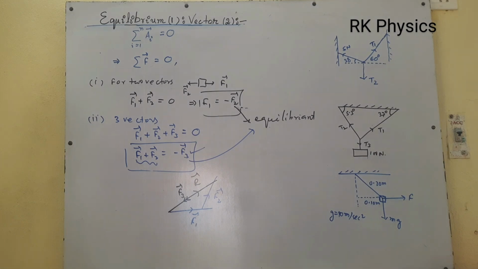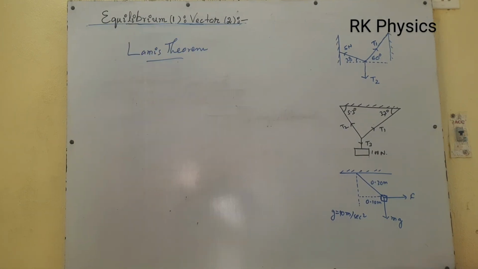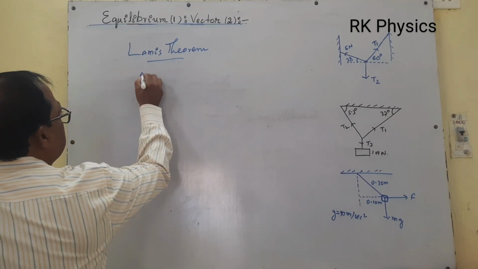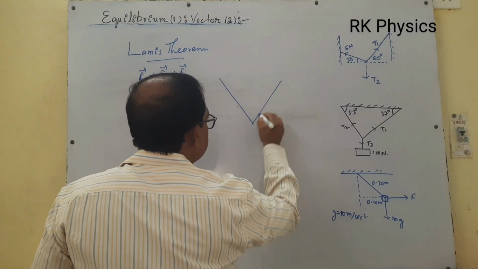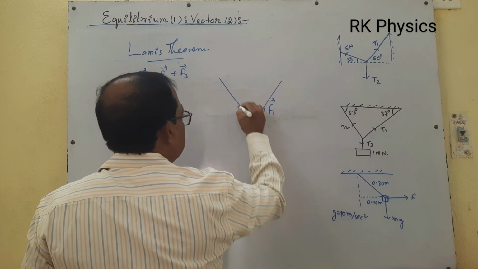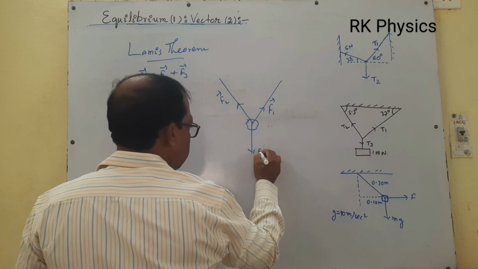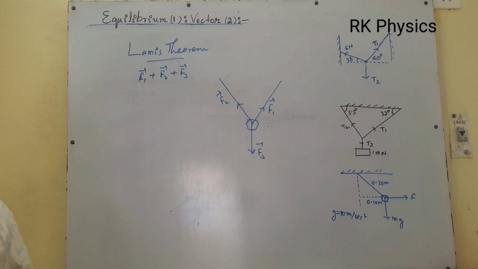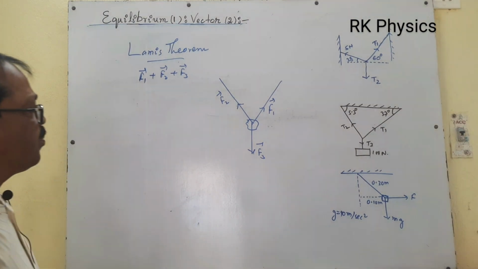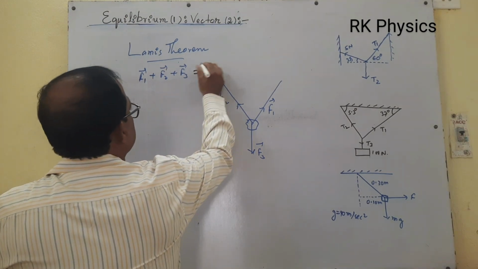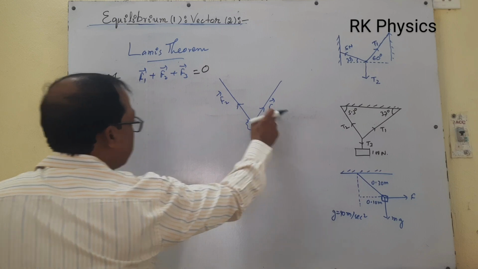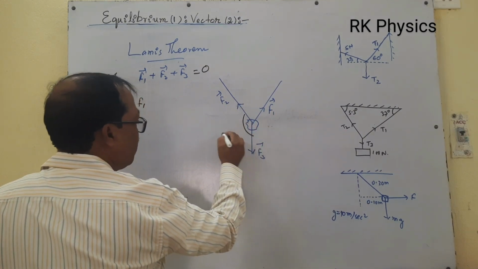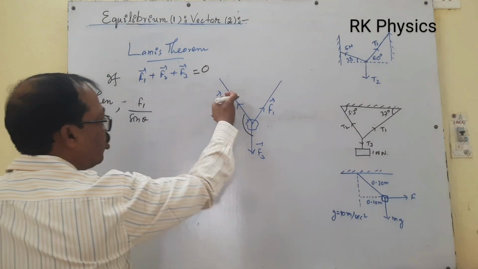Okay. Now just an example of Lami's theorem. What Lami's theorem states: you take three vectors F1, F2 and F3. These three vectors are acting on a system in three different directions. If the system is at rest, that means the resultant force acting on the system is 0. No resultant force acts on it in the presence of the three forces, so the vector sum is 0. If this is the case, then Lami's theorem states that